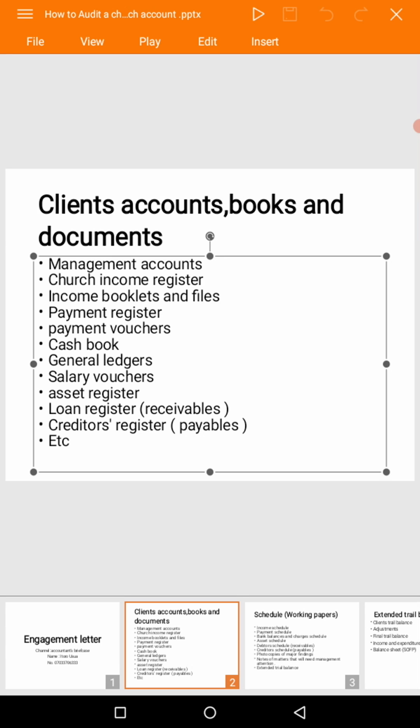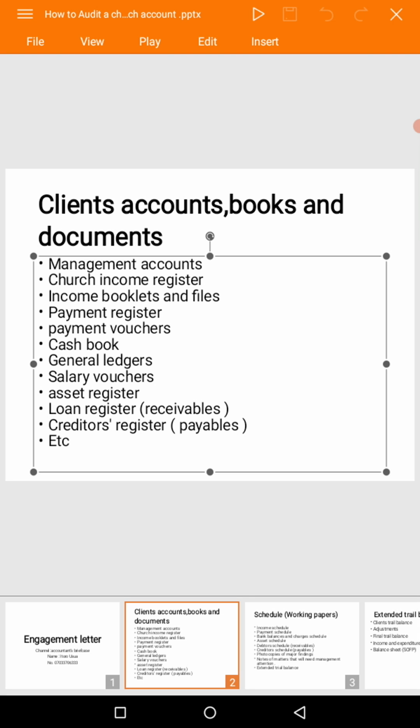The salary vouchers will tell us salaries have been paid to the finance officers, the treasurer, the financial secretary, and every other person that's working in the church. You will find the salary voucher. Now, all these documents are necessary to be kept because these are source documents. In accounting, there's what we call documentation. You have to document everything you are doing. Everything has to pass through documentation.